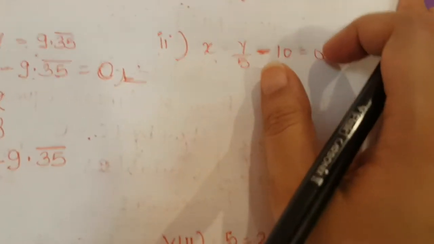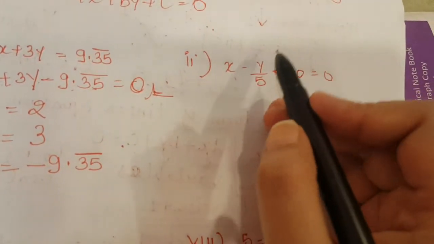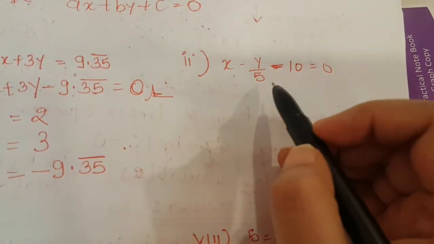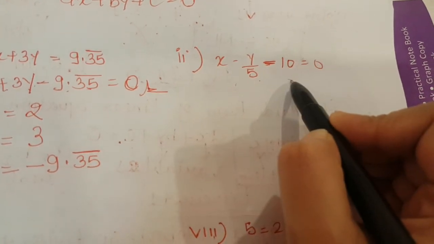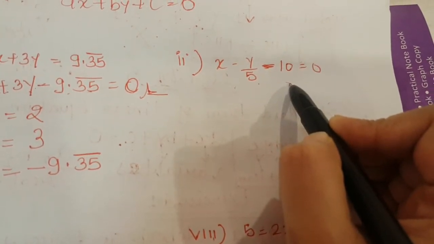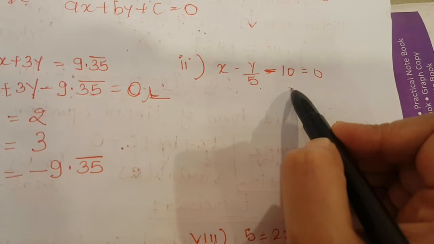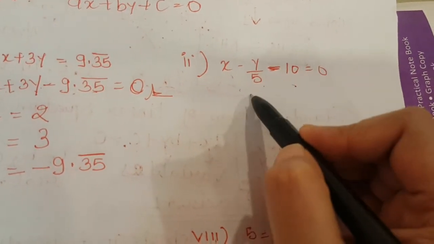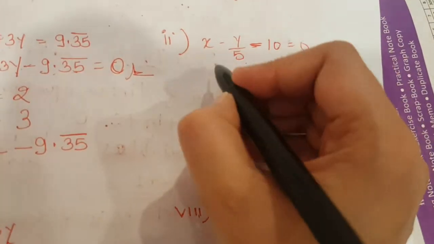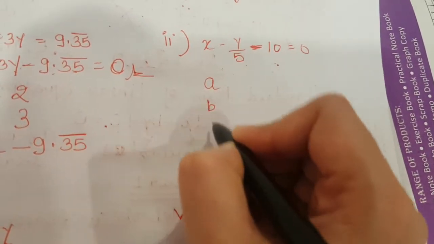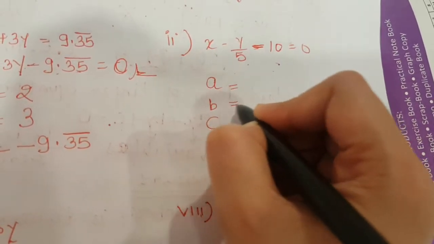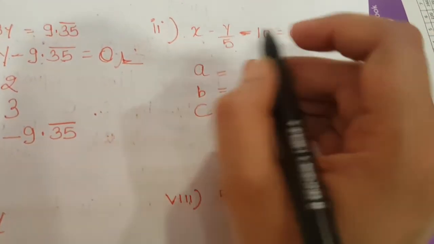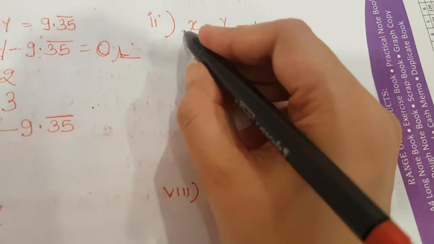Come to this second part. If you will see, this is already in the standard form because all three terms are here left side. Fine, so no need to do this. This equation is already in standard form, just you directly write the values of a, b and c. So what is the value of a? What is the coefficient of x? Nothing. So we will write 1x because it can be 1 into x. We never write 1.